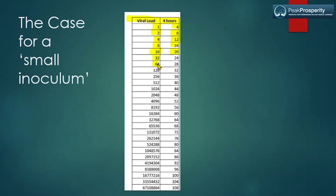Double, double, double. So if you start with a low inoculum, and let's imagine you got some virus particles off of a doorknob, well, before this thing explodes, and I'm just making stuff up here, but let's imagine that this is the number where you suddenly are symptomatic and that's where your fever first starts, okay? I know these numbers are way off, but it's just representative. Look how much time you would have. You would have basically 2 or 3 days for your body to begin to mount a defense, recognize this invader,